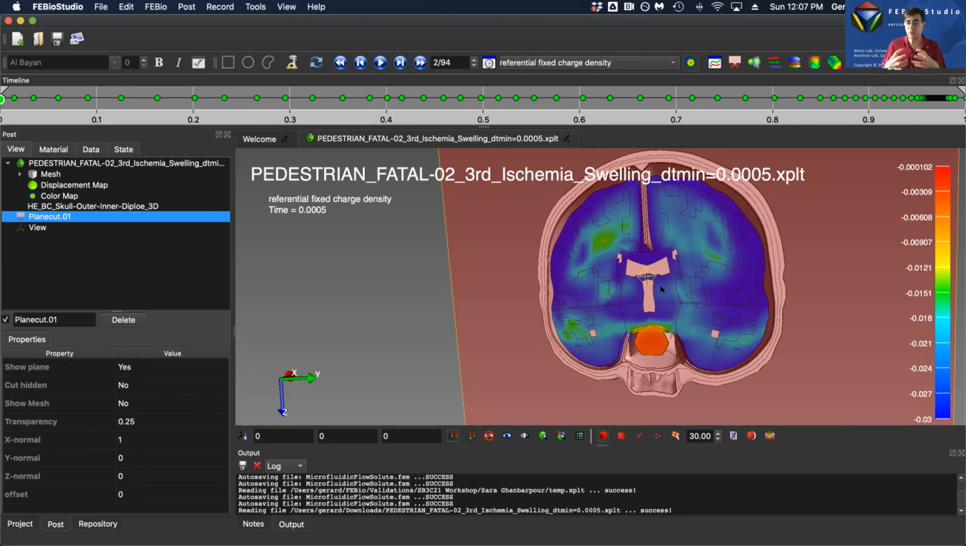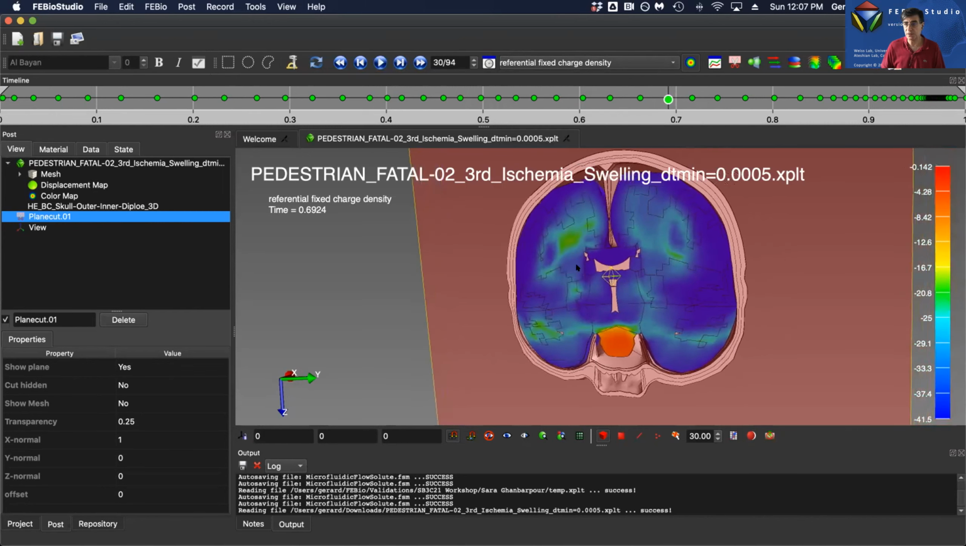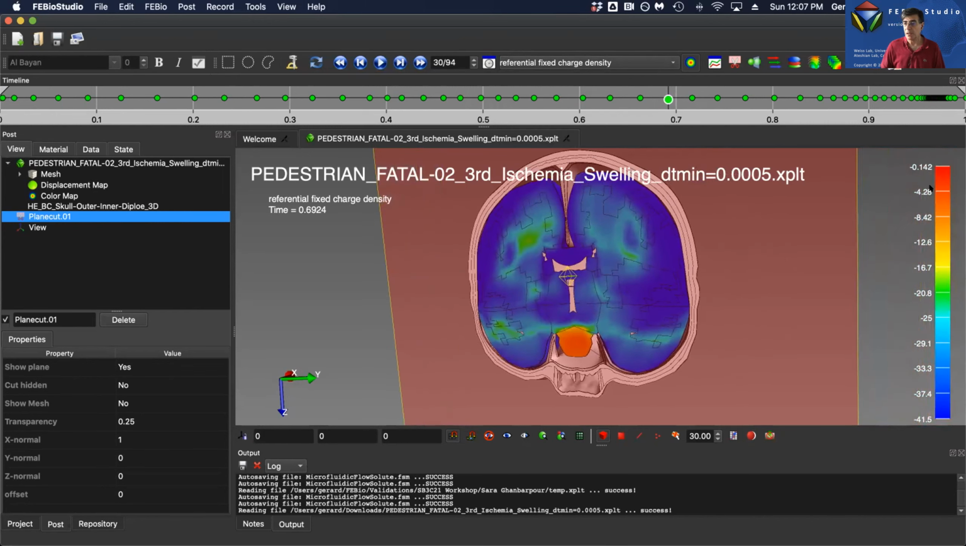Now we wanted to do a multiphasic swelling analysis. If you run this solution over time, you can see the brain swelling. It's going to swell more where the fixed charge density is high. I'm plotting the referential fixed charge density here, and the bluer it is, the more damage, the more negative it is. This is a fatal injury, a pedestrian fatal injury. There's a lot of damage everywhere, but the referential fixed charge density was entered in